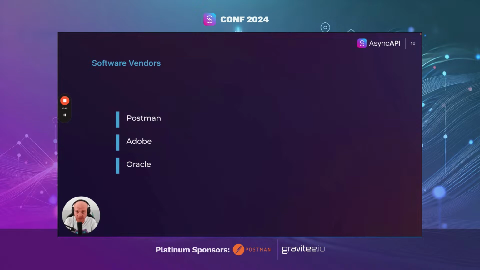I don't think it's strange to have on the slides also a category called software vendors. In case of software vendors, we don't only have companies that sponsor AsyncAPI and enable some features around AsyncAPI. There are also companies that build different software, not even API related, or even if they build some API related stuff, it might not be AsyncAPI related.